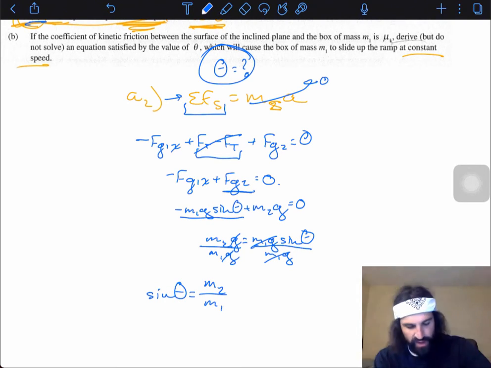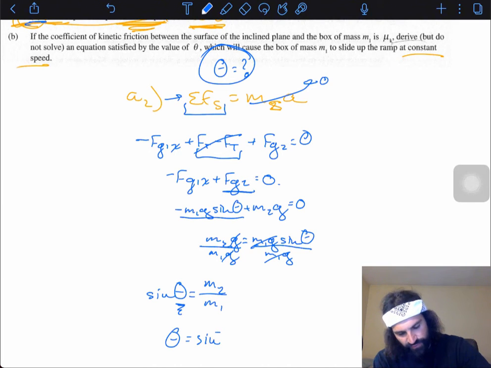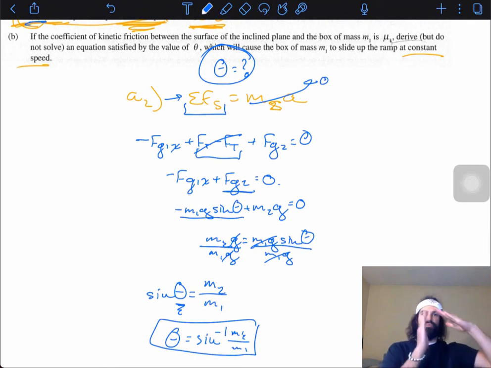You don't have to do that. But they didn't want sine theta, they wanted theta. So we have to undo the sine. But whatever you do to one side, you have to do to the other. So you're going to get theta is sine negative 1 of m2 over m1. And that's the angle that will keep it in equilibrium. And